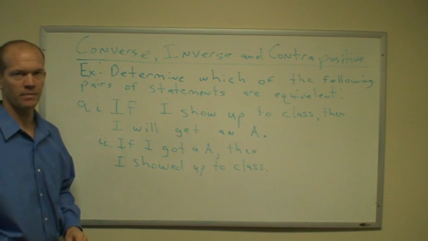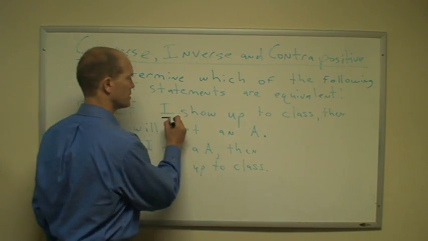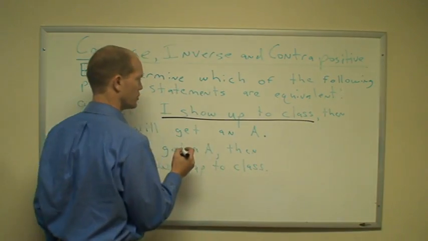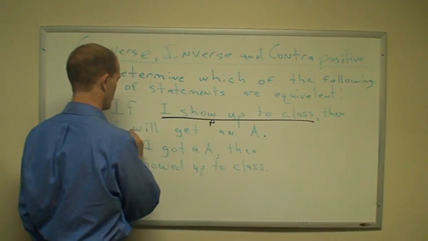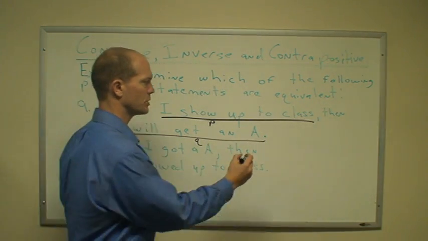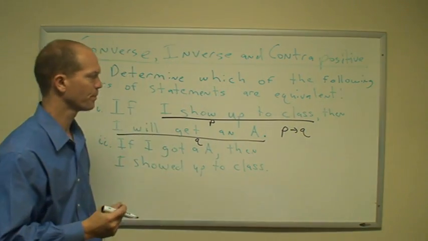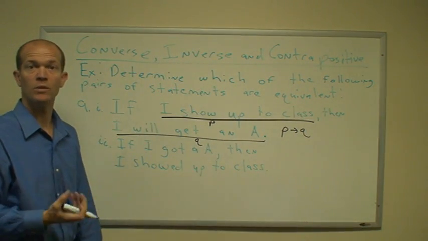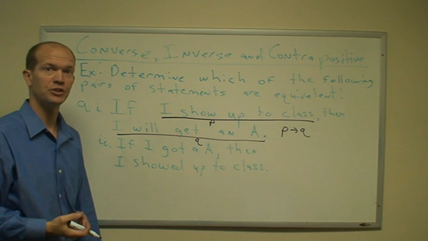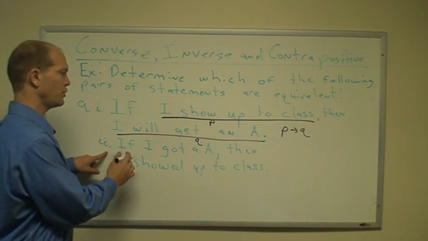To break this down and make it into a doable problem, I'm going to look at the simple statements. If I show up to class, I'll call that P. I'll get an A, I'll call that Q. And writing this in symbols, this can be written as if P then Q. Once I've done that with both statements, I'll compare them and determine if the relationship I see between them is equivalent. Looking at number 2, if I got an A,